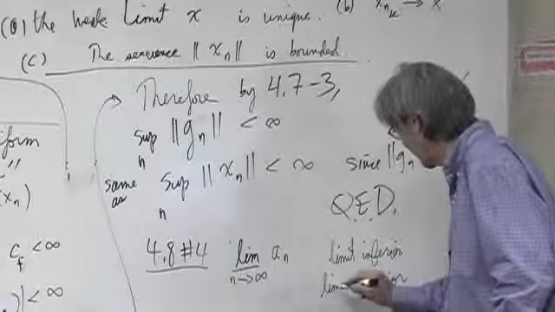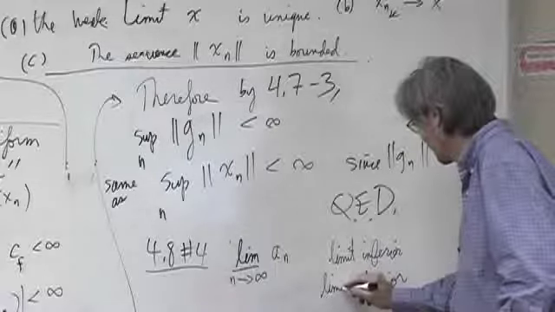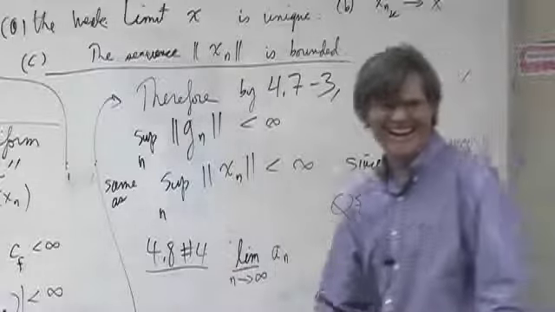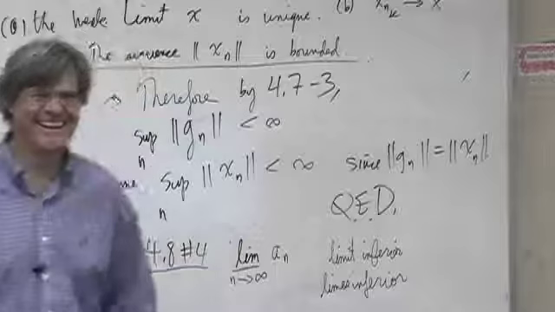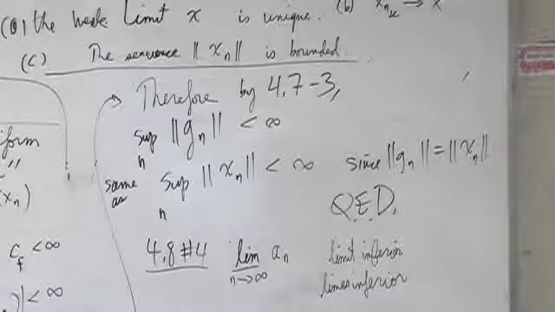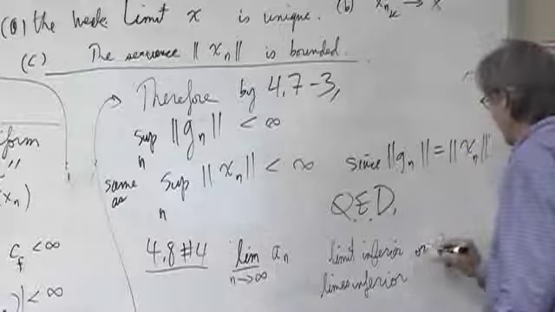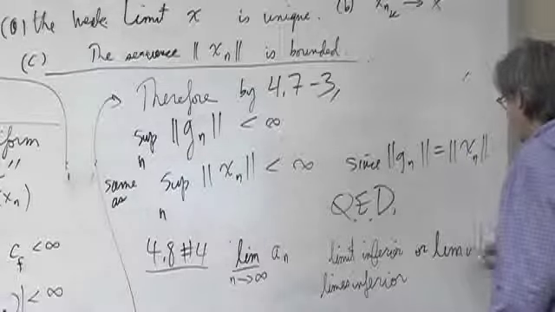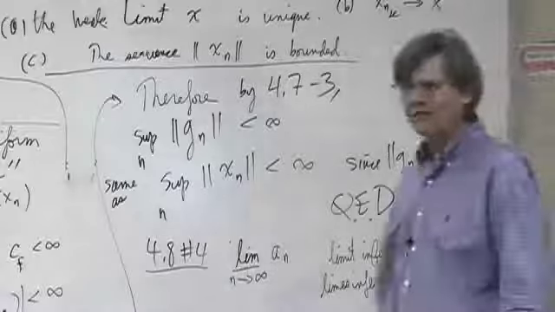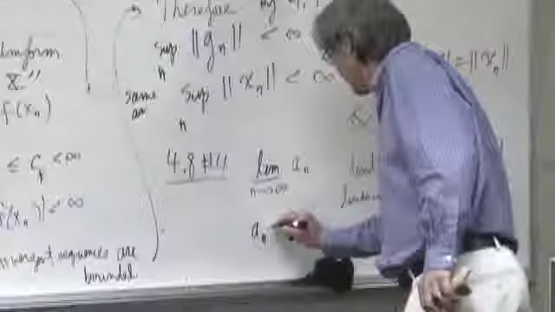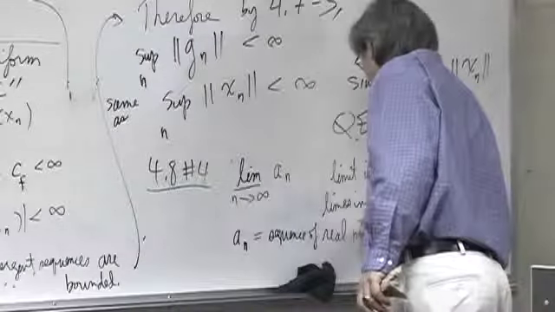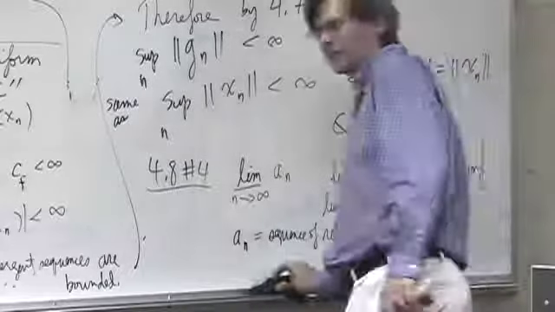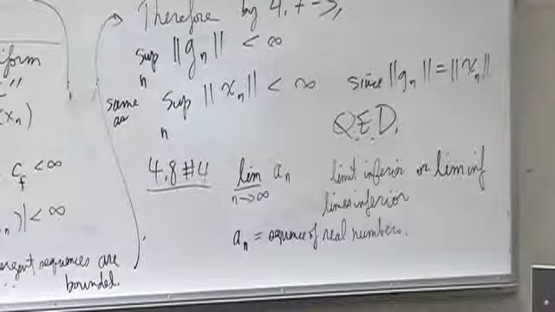This is the way I remember it. It's just got a fancy name. Limes inferior, limit inferior, or lim-inf. What does it mean if I have a sequence of real numbers a(n)? You should all know this somewhere in your career, so there's a little bit of filling in some gaps with this section. What is the limit inferior? Anybody remember that stuff?